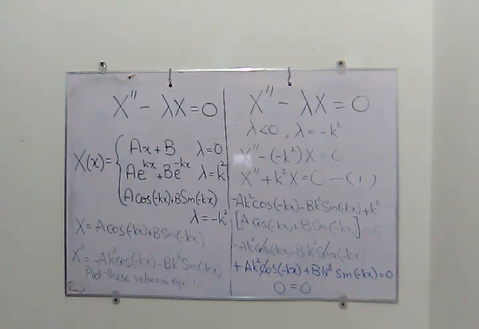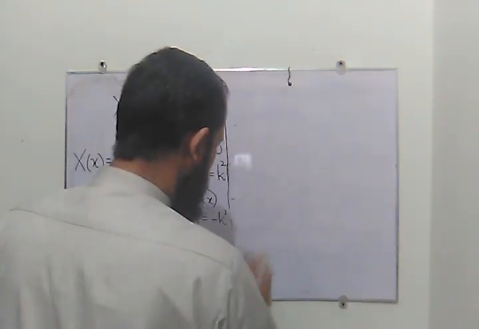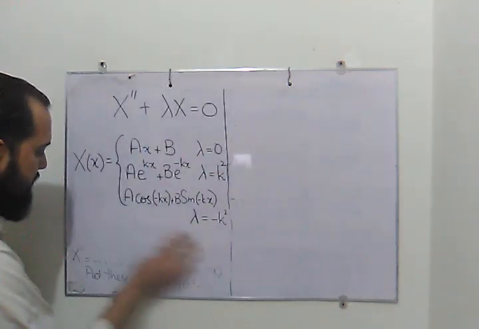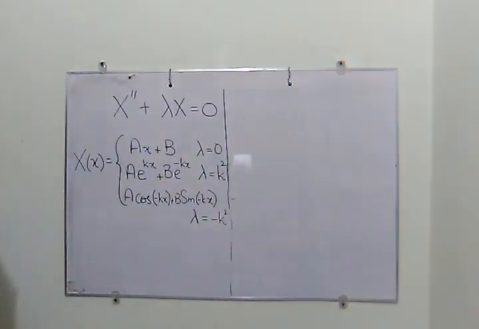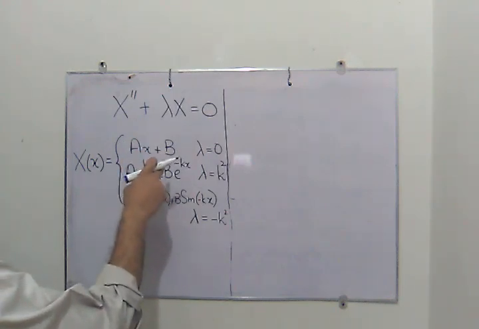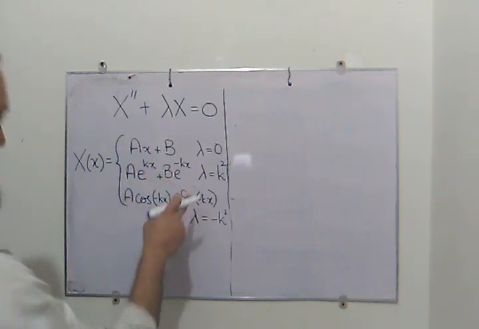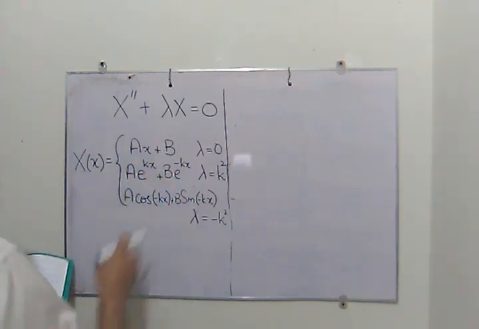Now we will repeat this whole procedure for the next equation, which was x prime plus lambda x. And we will see whether the solutions satisfy the differential equation or not. So when we have the situation when x prime plus lambda x is equal to 0, this differential equation has the same result when lambda is equal to 0, this is ax plus b. But when lambda is positive, then this will become,